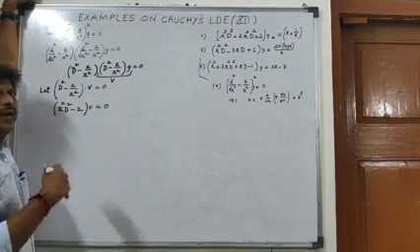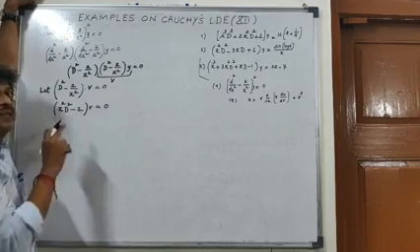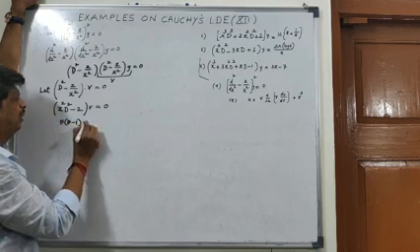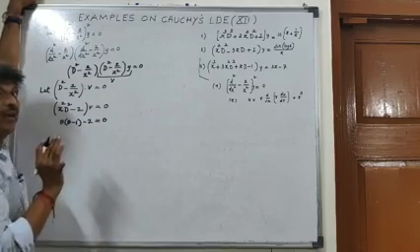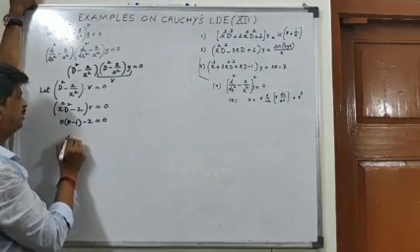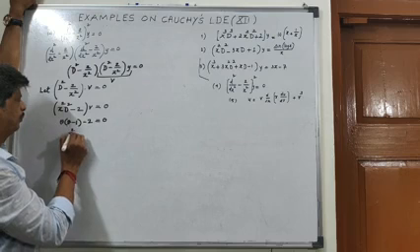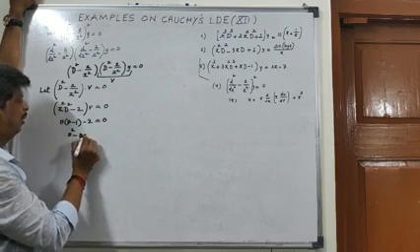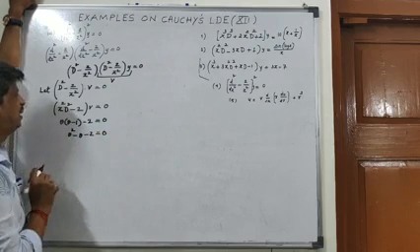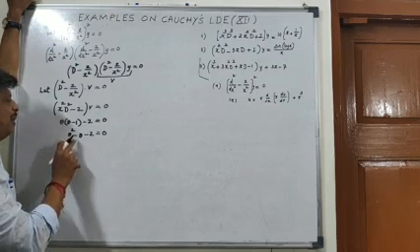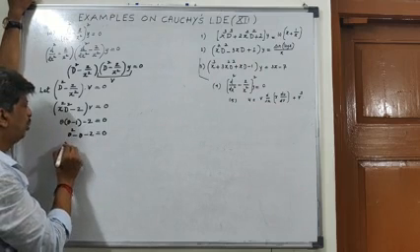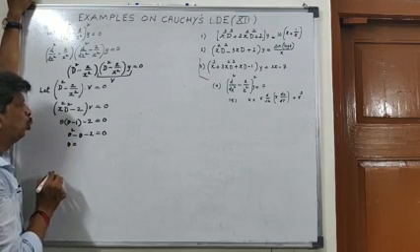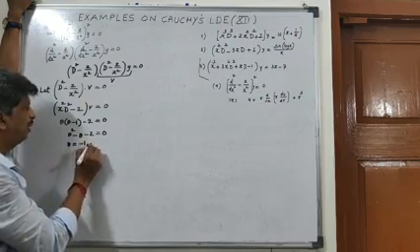Directly putting this x square D square as theta into theta minus 1, theta into theta minus 1 minus 2 equal to 0 is an auxiliary equation. So theta square minus theta minus 2 is equal to 0. The roots are, what are the factors? Theta minus 2, theta plus 1. So theta equal to minus 1 and 2 are roots.